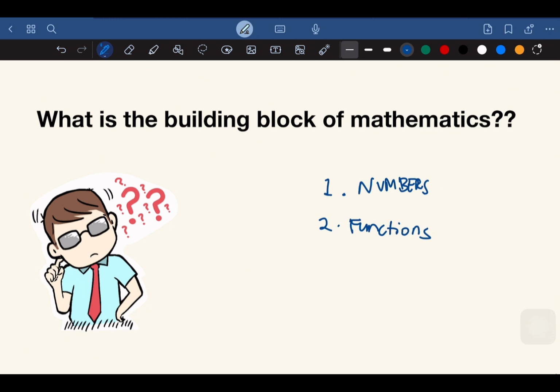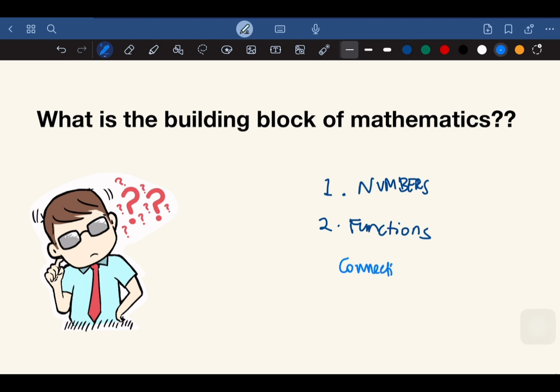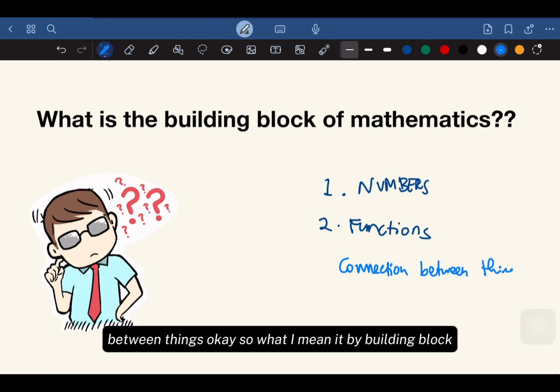Connection of things. I think I know what you mean, but let me just write that first, and I can explain what you mean. Okay, connection between things. So what I mean by building block